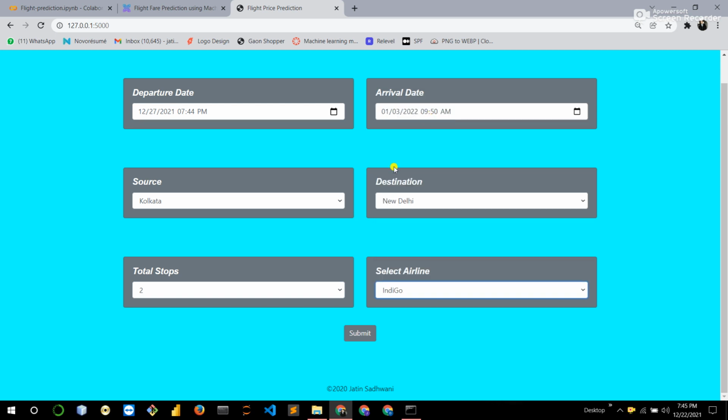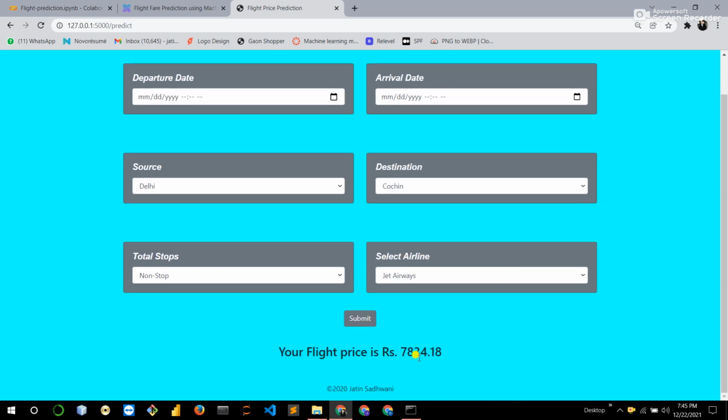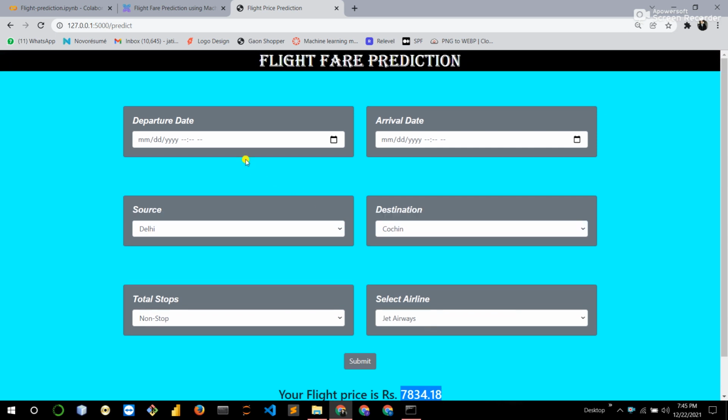Now we have to click on the submit button. Our model predicts the price is 7,834. Flight price is 7,834. Okay, so this is our complete flight fare prediction model using a machine learning technique.